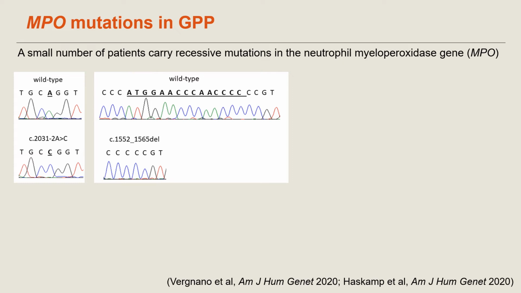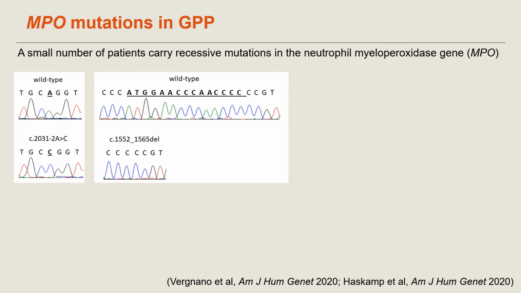And a couple of years ago, our group and the group led by Ulrike Hofmeier in Germany found that a small number of patients carry recessive alleles in MPO, which is the gene that encodes myeloperoxidase, a protein that is essential for neutrophil function. And you can see on the panel on the left, one individual who was homozygous for a C to A substitution. And then in the panel on the right, an individual who has a large deletion spanning 14 nucleotides and causing